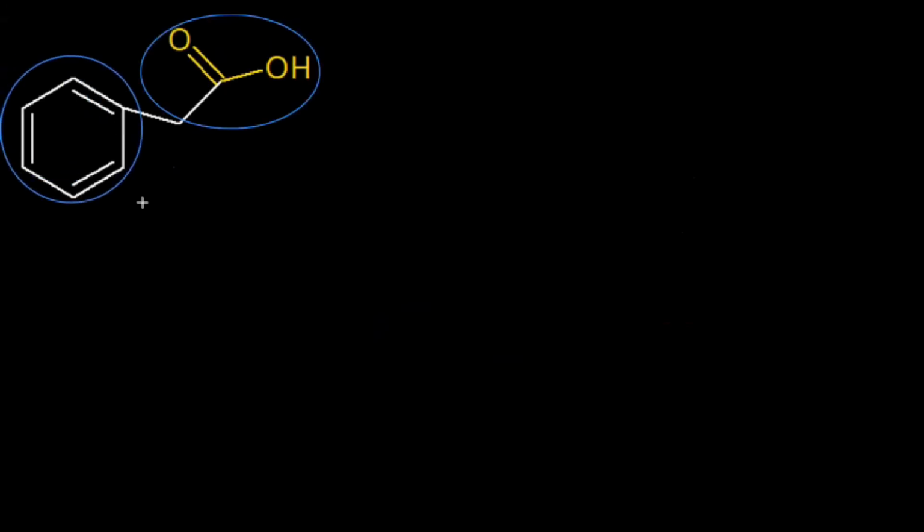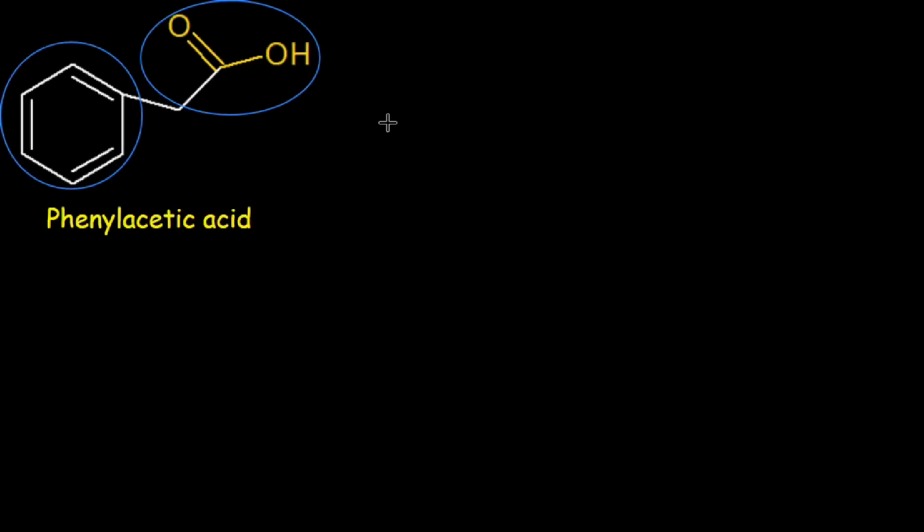Here, chain structure and ring structure both are present, but the chain structure contains the functional group. So the chain structure would be selected as the heading part. Two carbon atoms are present in the chain structure and the second carbon is attached with the phenyl group. So the name of the molecule would be phenylacetic acid. As we have discussed earlier, a 2-carbon carboxylic acid is associated with acetic acid, and in this case, the acetic acid contains a phenyl substituent. So the name of the molecule is phenylacetic acid.